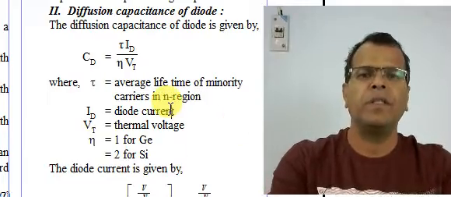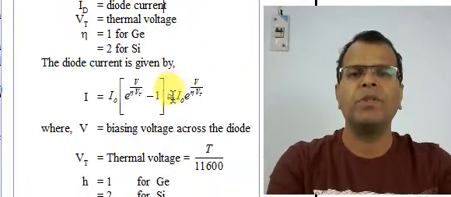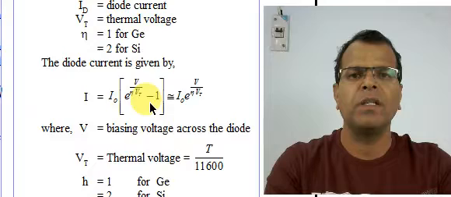ID is the diode current and Vt is the thermal voltage. You can see the forward biasing current of a diode is given by the relationship we have already seen